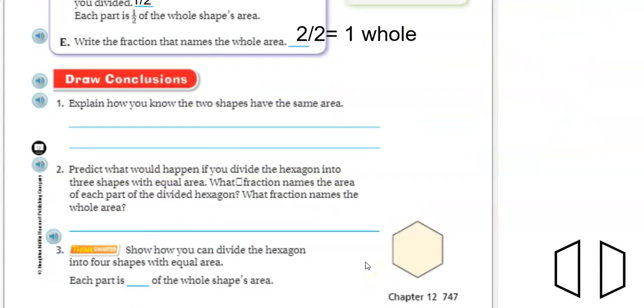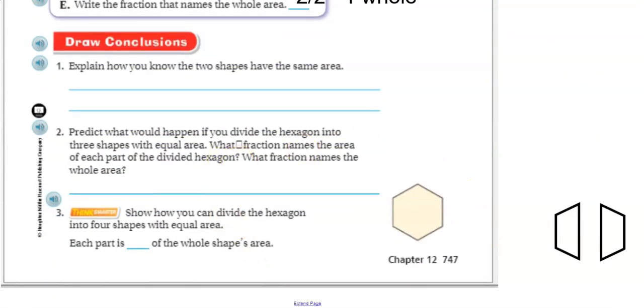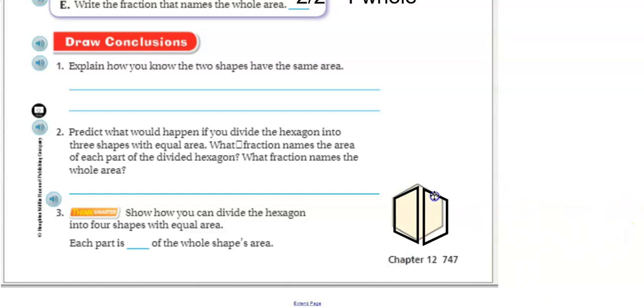All right, so we're going to go down below and it says draw conclusions. So it says explain how you know the two shapes have the same area. Okay, well, let's look. Here is our 1, 2, 3, 4, 5, 6. There's our hexagon. And it says, explain how you know the two shapes that you created have the same area. Well, if I take my shape here and I add a trapezoid there,